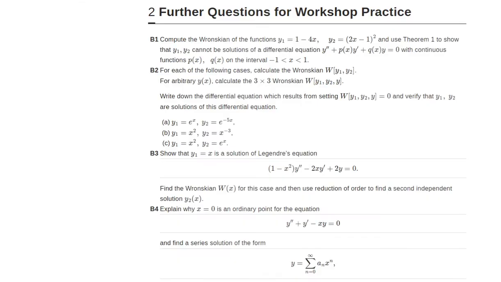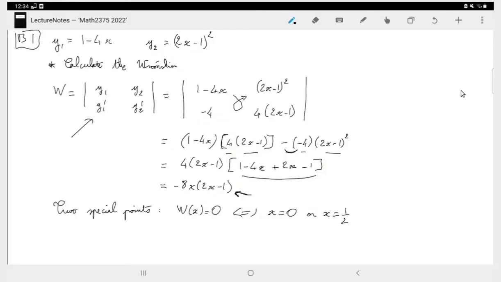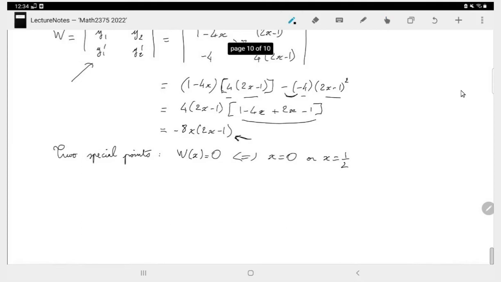Now, if we look at the second part of the question, we ask you to use theorem 1 to show that y1, y2 cannot be solutions of a differential equation that is given to you here with continuous functions p and q on the interval minus 1, 1. Let's have a look at this. So first of all, this theorem 1 is the existence and uniqueness theorem for second order differential equations. So theorem 1,